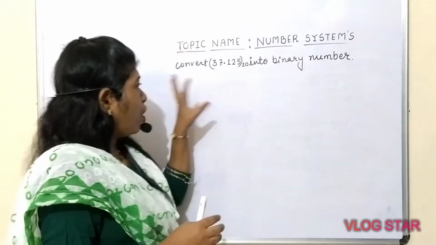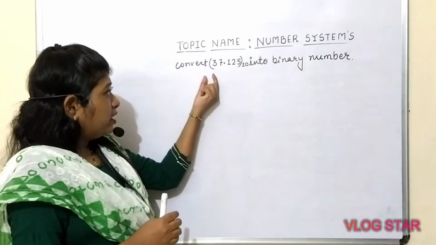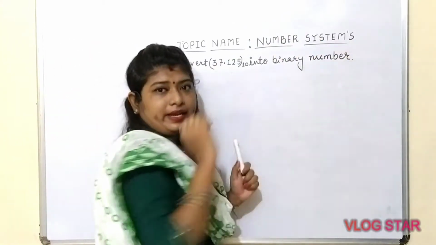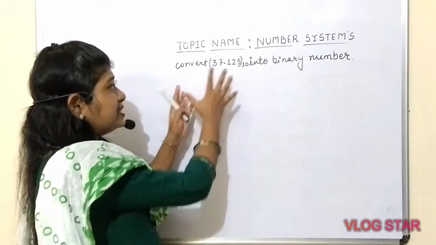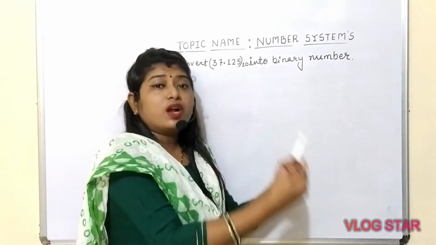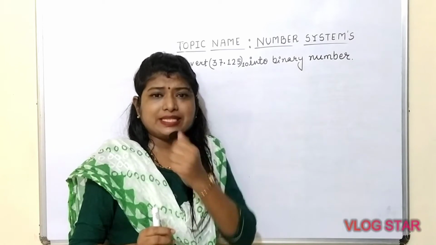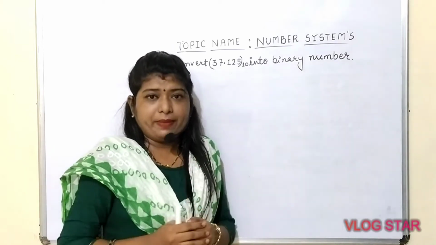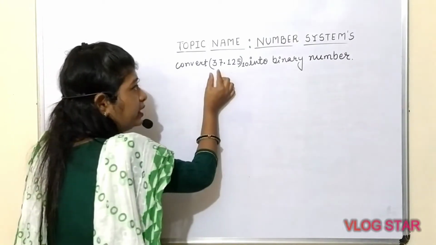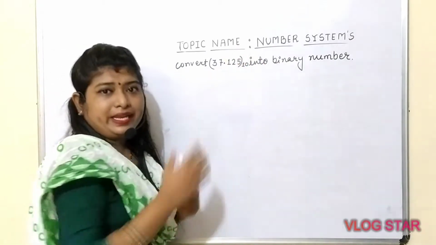Now if you observe carefully, in today's lecture we are going to convert the 37.125 decimal number into binary number. Am I right? So what is new in this case? In the previous lecture we had studied how to convert the whole number. So we have considered the example of 117 and 323, if you remember. Am I right? So in today's lecture I am going to convert 37.125 number into the binary number.